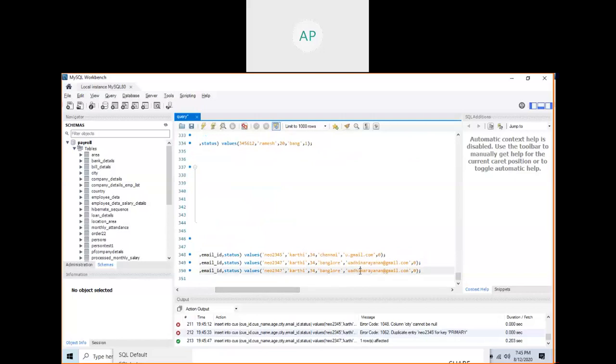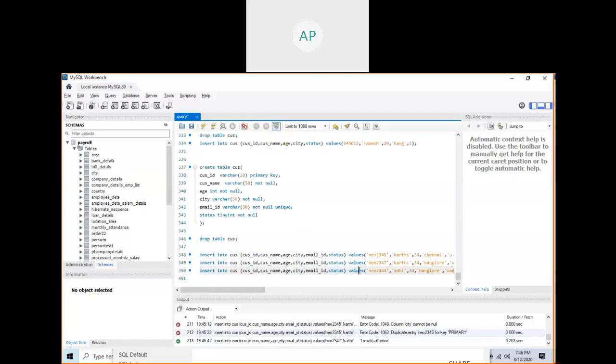Can your email be the same? So I will change another record. This one ADHI, Bangalore. Now is it a proper record? This is okay: different ID, name, age, Bangalore, but the email ID. See, both customers are going to have the same email ID. You are entering it. Will it work? According to the table, it will not allow because you made it not null and unique. See, you are getting an error. Duplicate entry adinara@gmail.com for the key email ID.